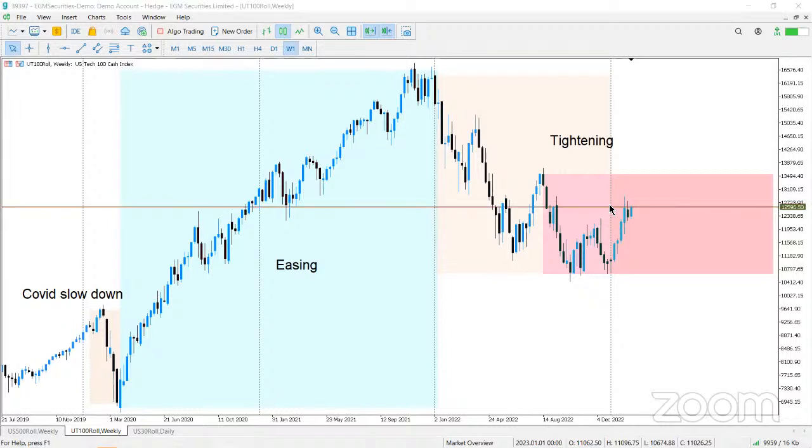Now for the average investor, you have to look into the data to understand what's happening, which brings us back to our previous slide. The two things the Fed, or the central bank, is mandated to look at are, number one, employment, which is proxied by the level of employment and economic growth, and inflation. Those two things will generally guide the central bank on whether to tighten or to ease, and that gives you your